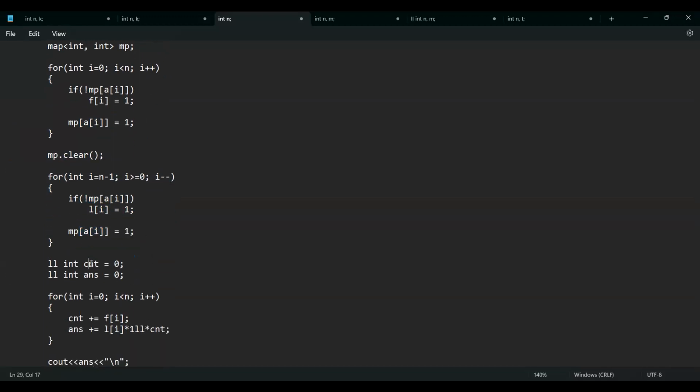Finally, this is the count. This count is nothing but how many positions you have visited till now which had the first occurrence of a number, and answer will be the final answer. So f of I is added to count, that is the number of positions that have the first occurrences. And instead of writing it like this, I can write something like,